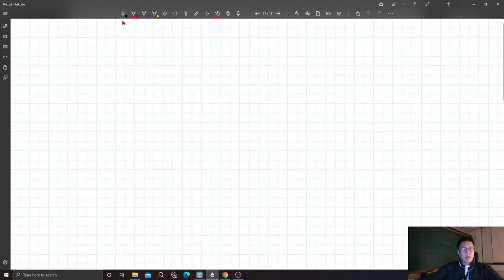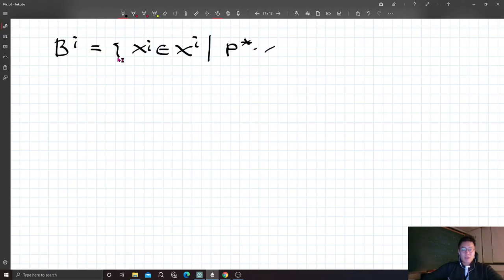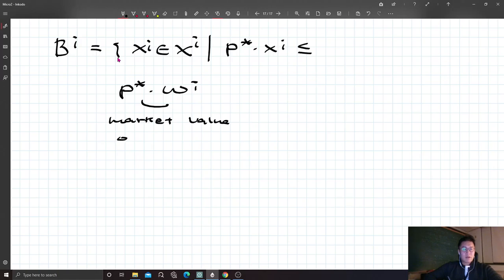So in that general framework, budget set B_i is a set of bundles such that p* dot x_i should be lower than p* dot omega_i. So this is a market value, total endowment